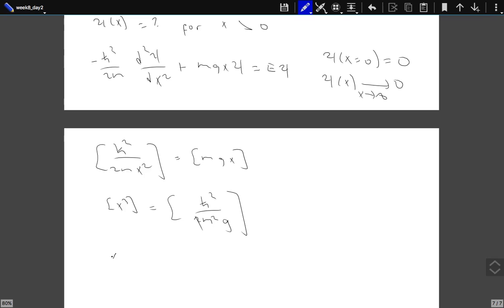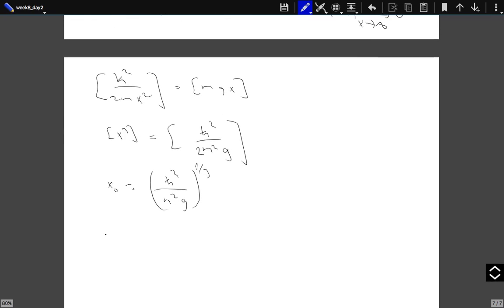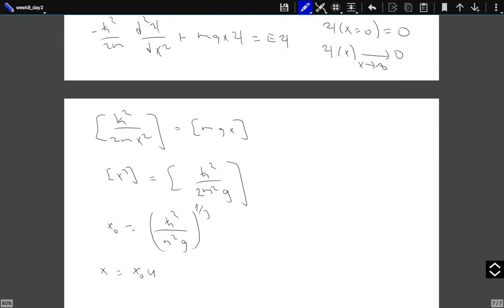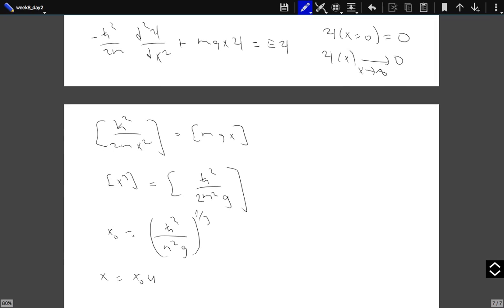So we can define an x0. Well, let me also put the 2 there. x0 equals h bar squared over 2m squared g, to the power 1/3. I mean, whether you put the 2 there or not doesn't really make any difference. And I will define x to be x0 times u. So if you go back to our differential equation,